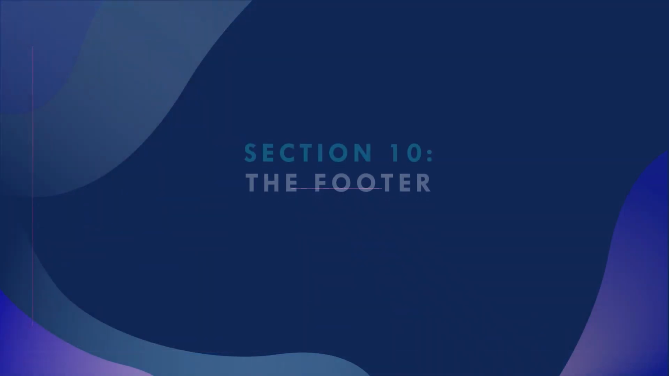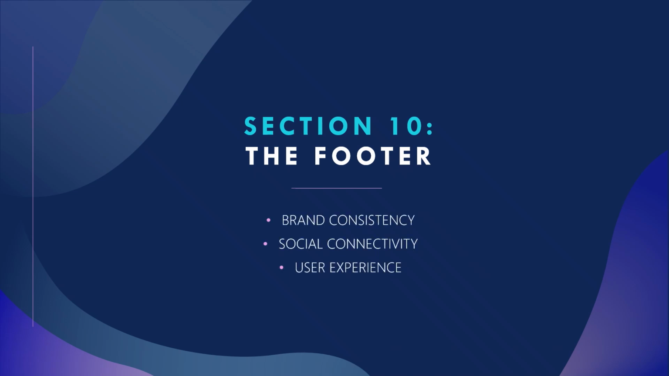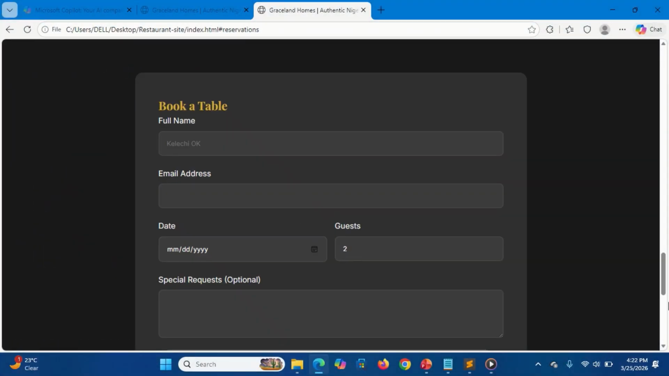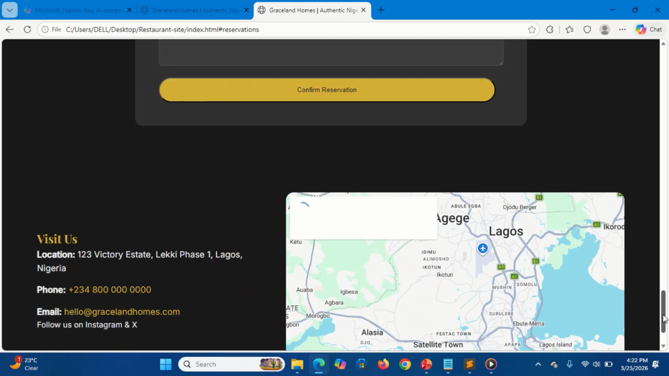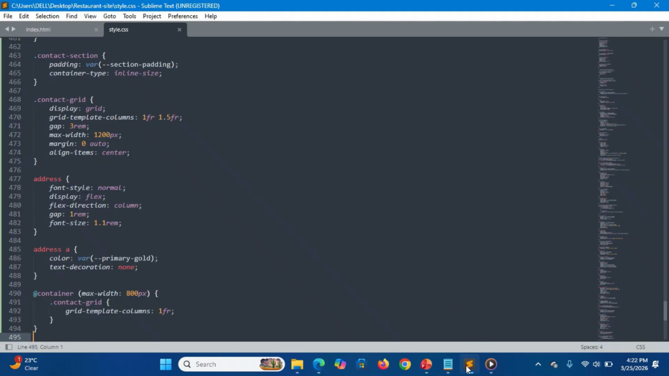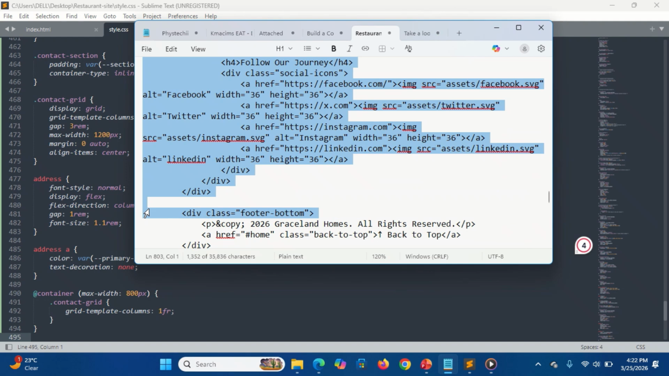The footer is the final touchpoint of the Graceland Homes experience. It reinforces the brand identity, provides easy navigation, and offers a smooth way for users to return to the top of the page. The codes you will produce: brand consistency, which restates the restaurant name and mission in a minimal,